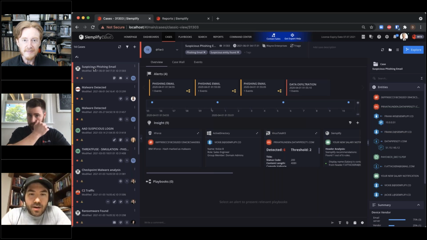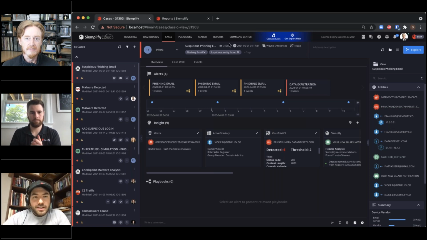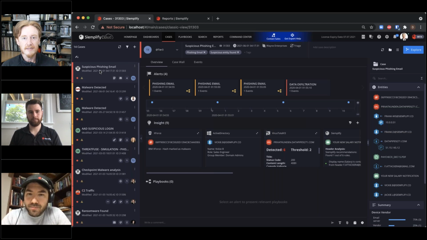But before we do that, we're going to use that ontology, and we're going to look for the relationships within Simplify already in those alerts, and pull them together into one single case. That's really what you're seeing here, where multiple alerts come in. We're pulling them together based off of that relationship and the ontology that we have, and then putting it into a case that the analyst could then come and start to do their investigation.